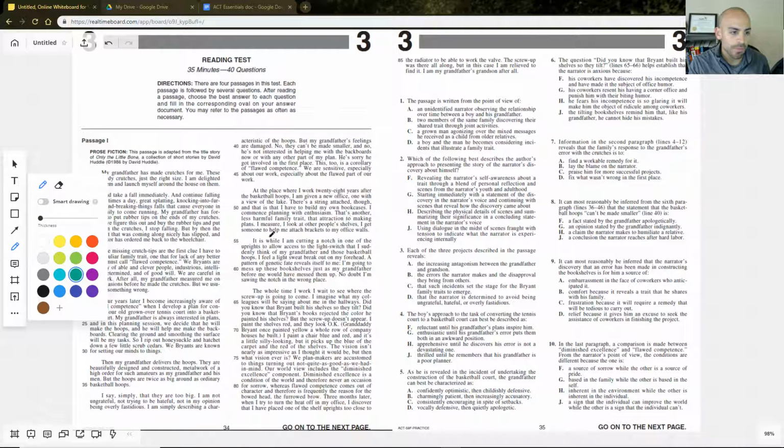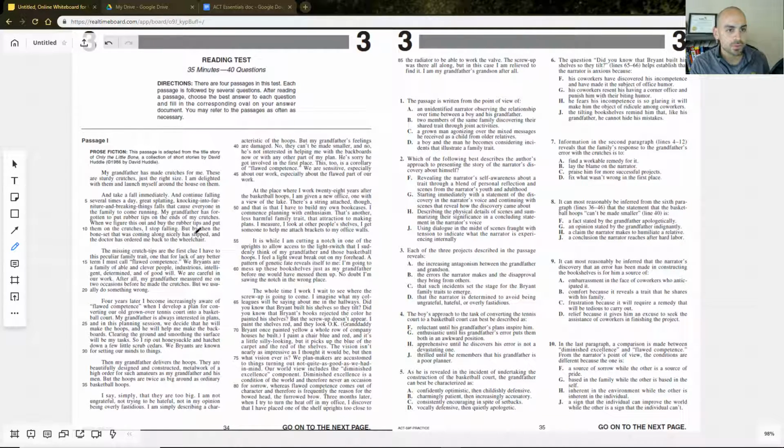So what I like to do, and what's helpful for so many students, is pretty much just going over this information right here, like this pretext, quote unquote. And then from there, jumping right to the questions that tell you where to read. And I'll elaborate on that moving forward. But I'll start here. Prose fiction.